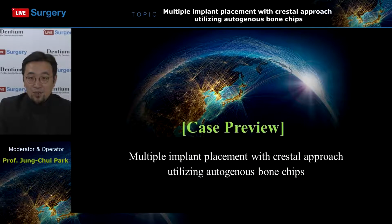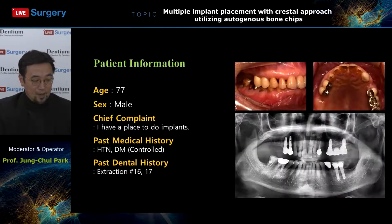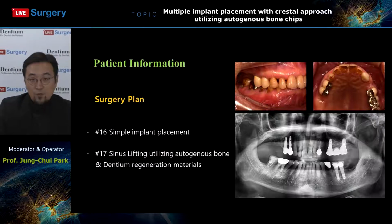So we will start the case presentation. The patient is a 77 years old male, and he came to the clinic with missing teeth in 16, 17, and tooth number 24. Tonight we will place 2 implants in tooth number 16 and 17. And as you can see, there's quite a lot of bone loss at tooth number 46 and 47 with the furcation involvement. So at this point, it looks like these teeth are questionable or maybe hopeless, but